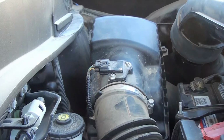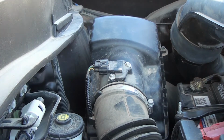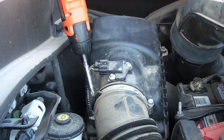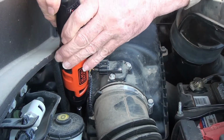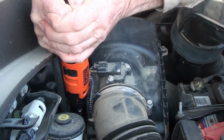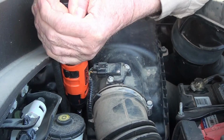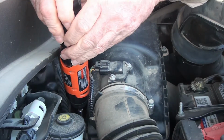These are 8mm screw type bolts, but I might be able to loosen them up with a screwdriver, as there is a slot in the head that accepts a screwdriver. Of course, it'd take a long one. I'm going to use my cordless screwdriver here and see if I can break them loose. They are on tight, but